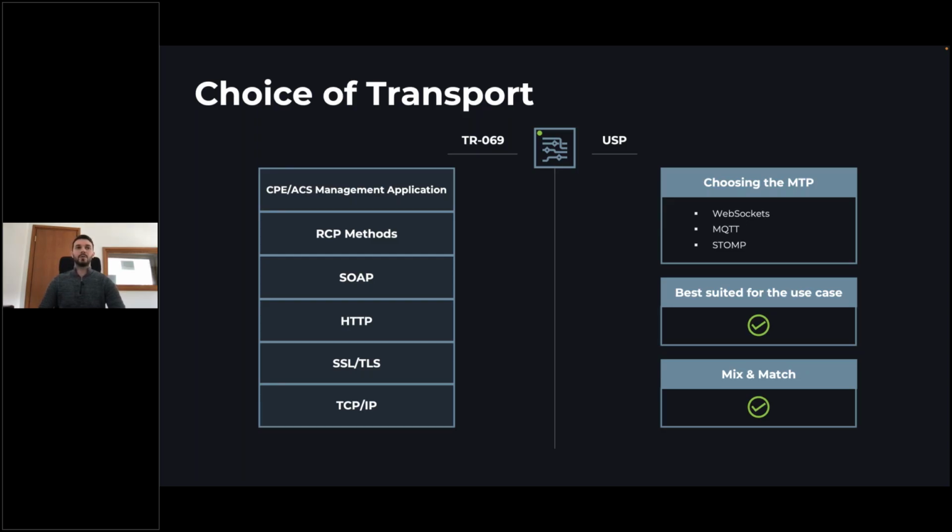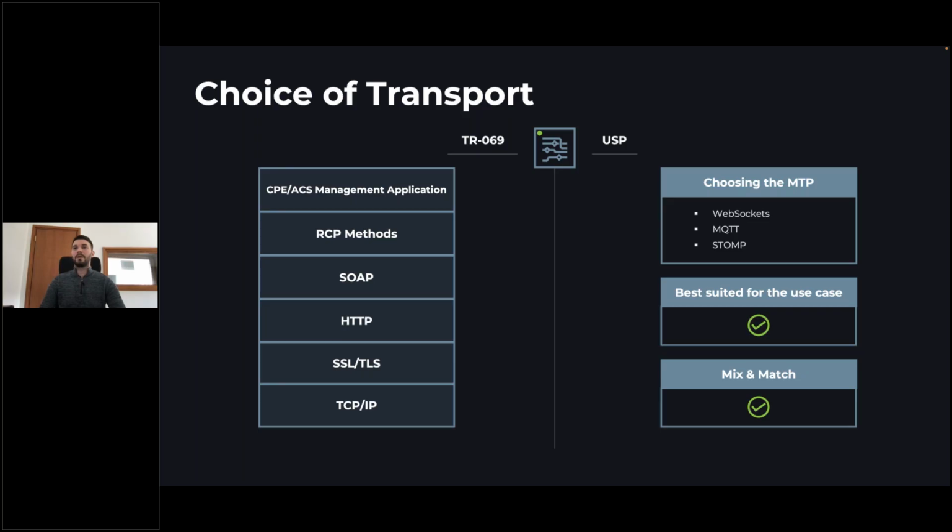Then we have the remote procedure calls on top, and the CPE or the ACS management platform. With USP, we have the ability to choose the MTP or message transfer protocol, and it can be chosen based on the use case. So knowing for a specific use case, type of device, or what we are trying to achieve, we can choose between the following.